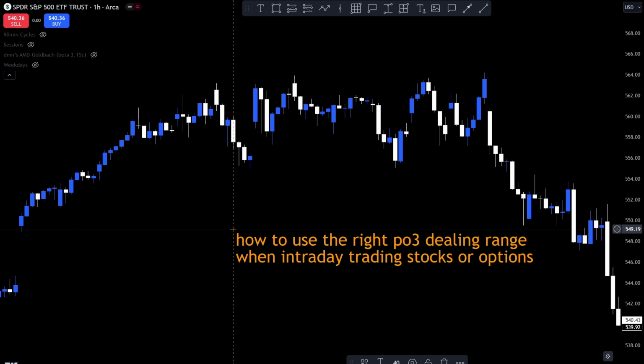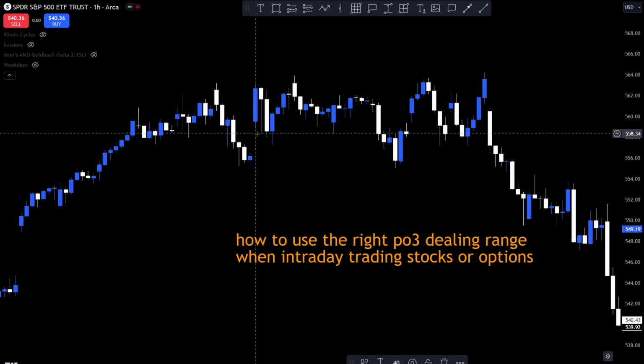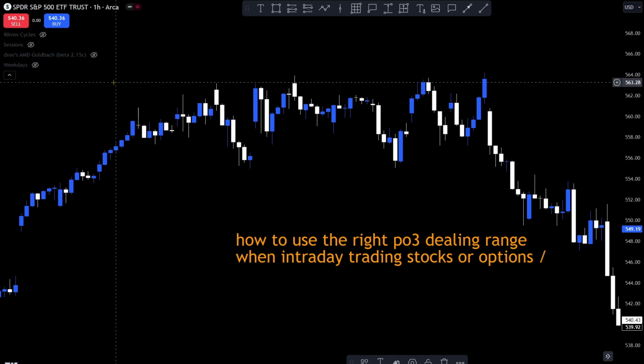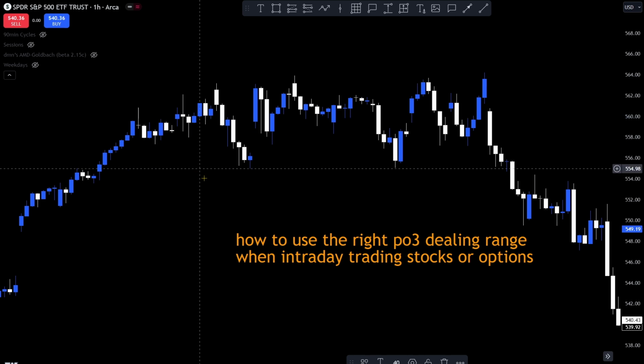This is also up your alley, because imagine understanding where your terminus is, how we talked about. And again, for anybody who's new, we're coming in with the DMN AMD gold back indicator. Now, really quick,